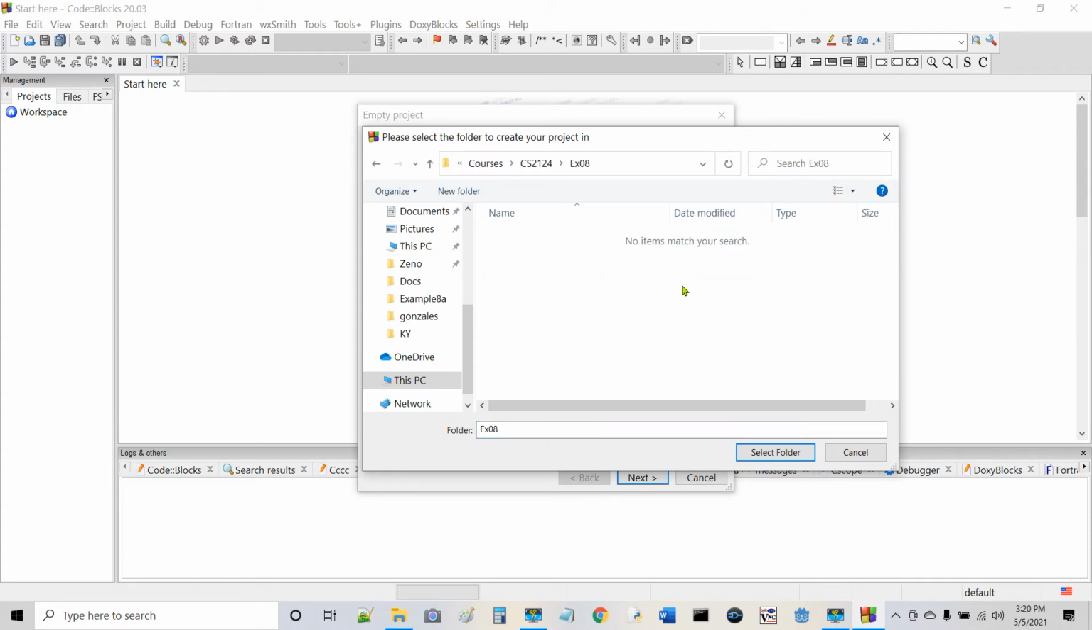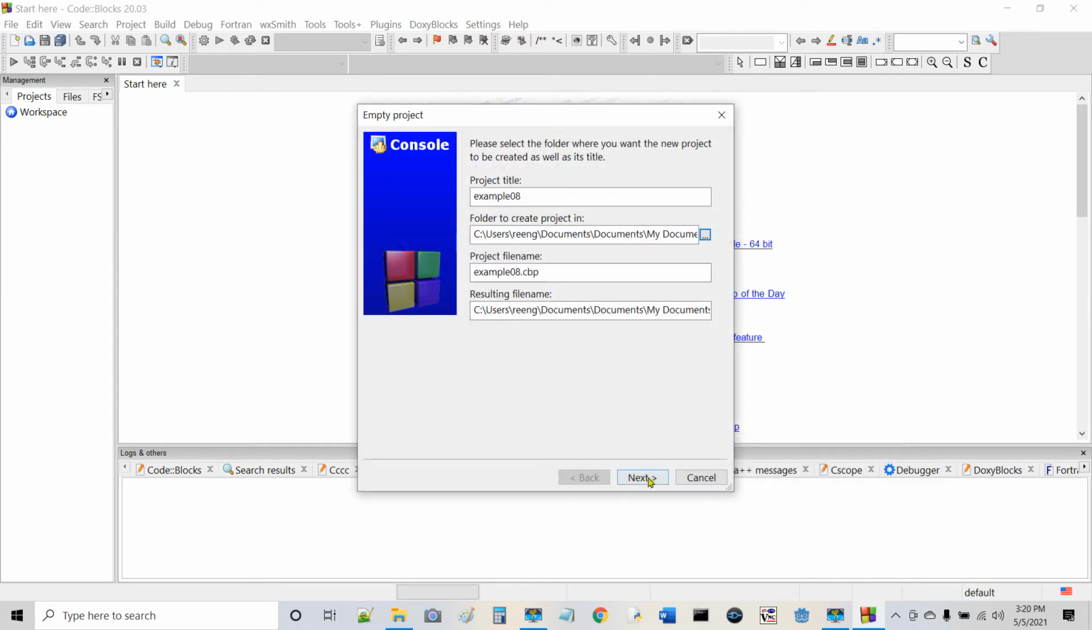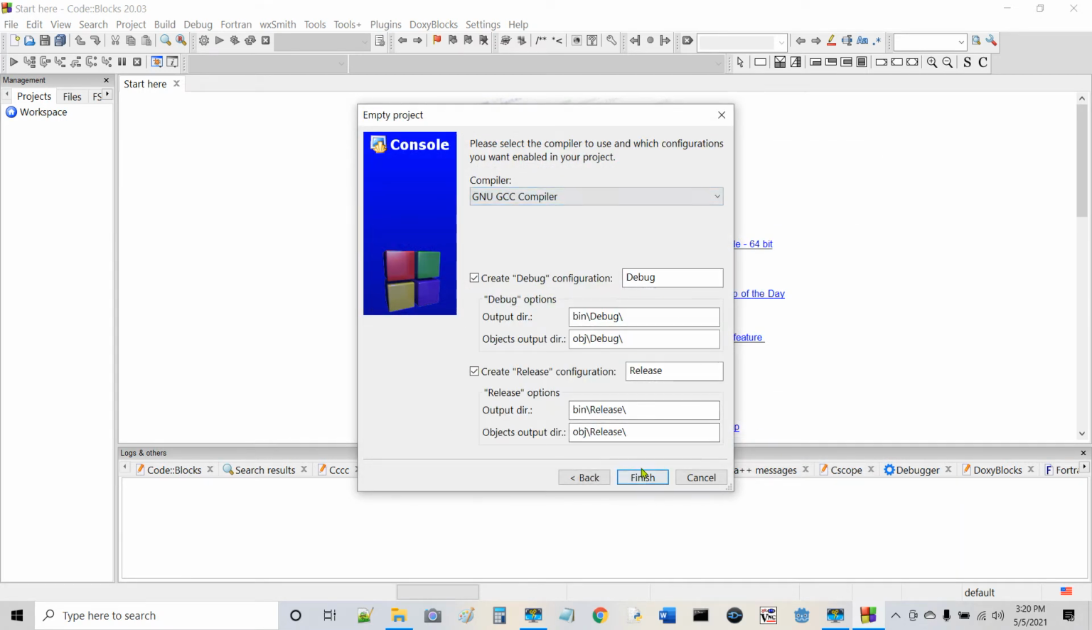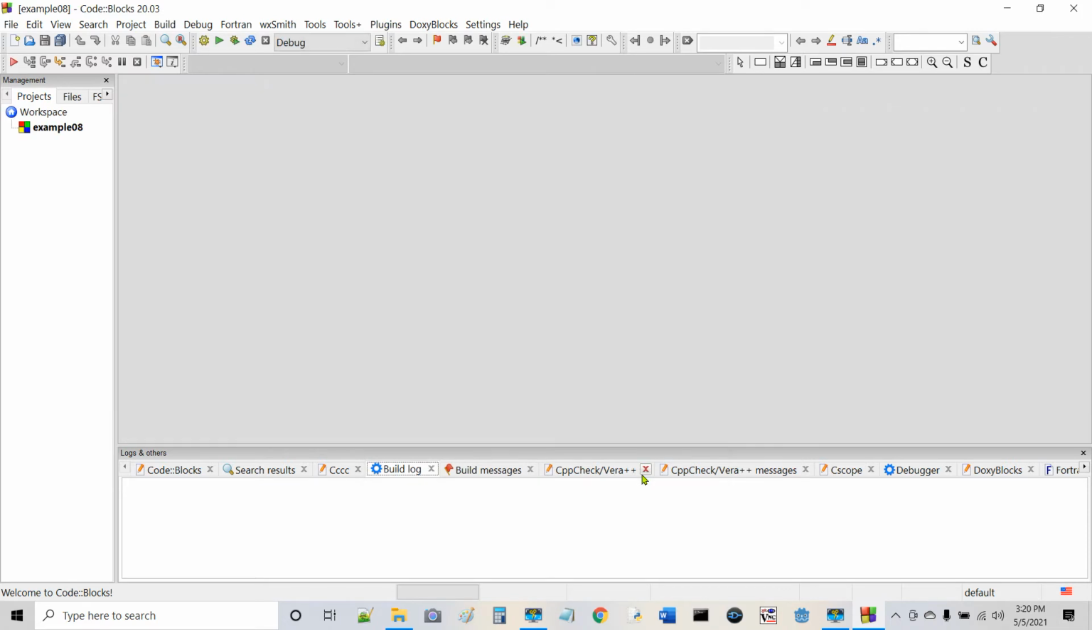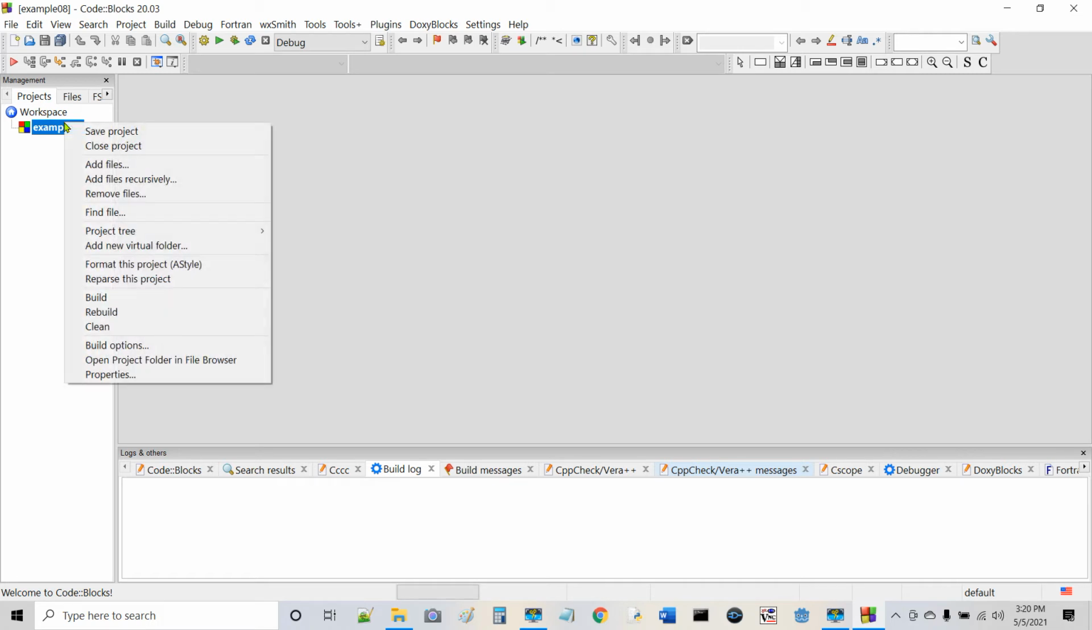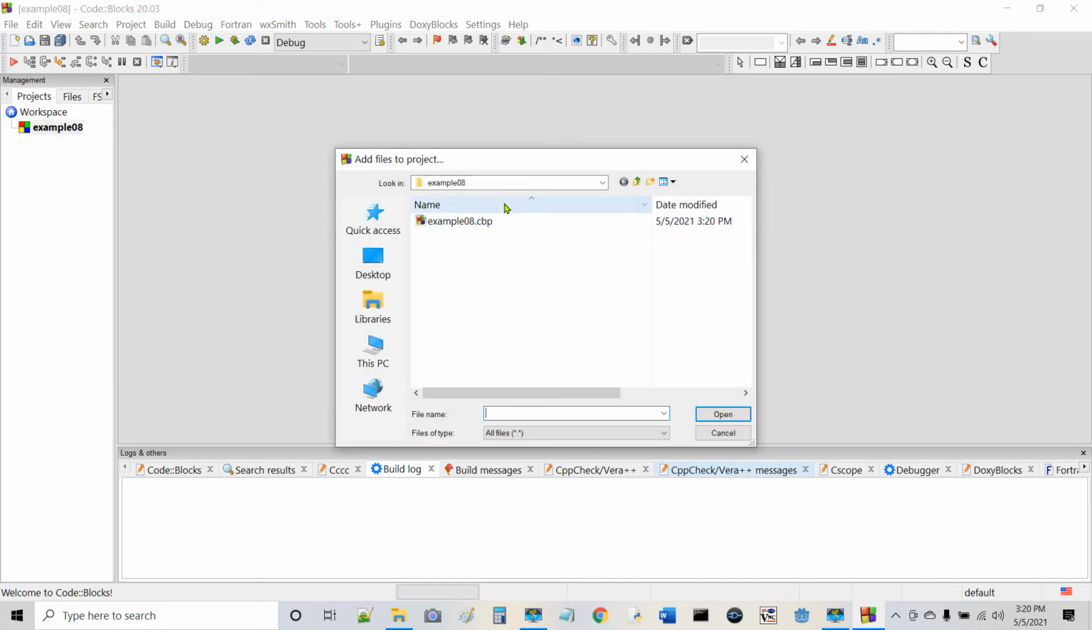It looks like it's empty, but that's because it's only looking for other project files. And all that's in there right now are my source code and my header file. Select folder, put it in there, next, finish. And voila. So we've got a project, but it doesn't have any files in it. So I'm going to right click on my project name over here, add files,